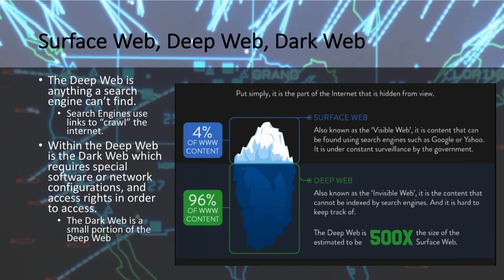And so how that all dovetails together: different websites give different numbers, and no one really knows how much is out there on the internet. They say about 4% is the surface web, others say 10%, others might even say 1%, and the rest is what's called the deep web. Within the deep web is what is known as the dark web, which you'll need special tools and software to actually get to, and we're going to talk about those tools and how to configure your network to reach it.